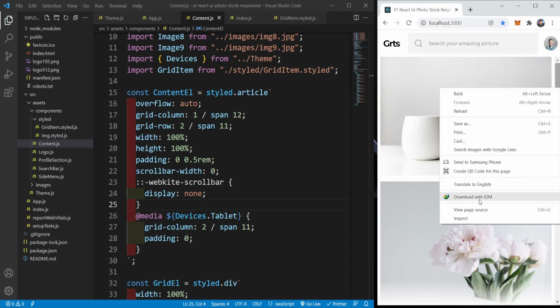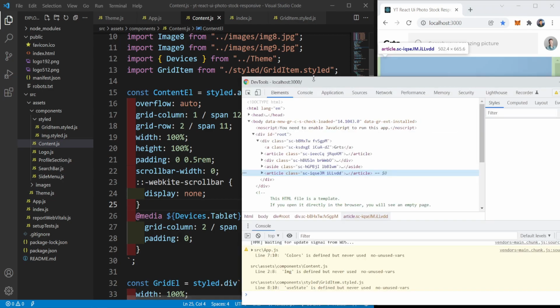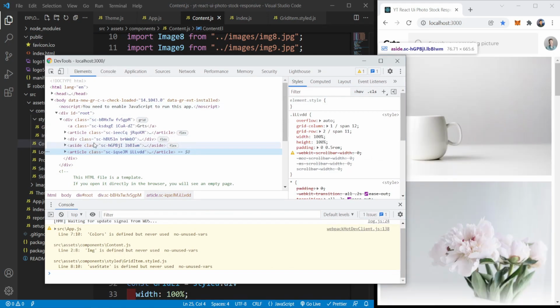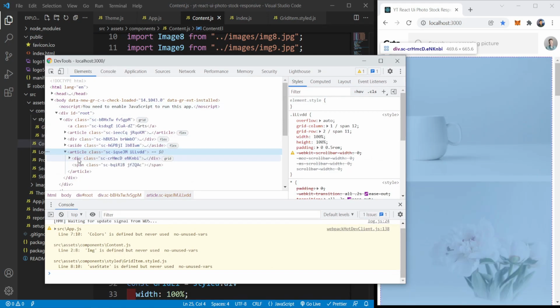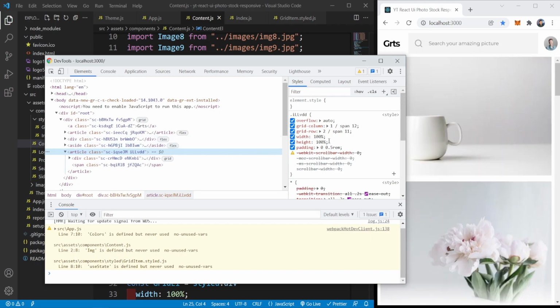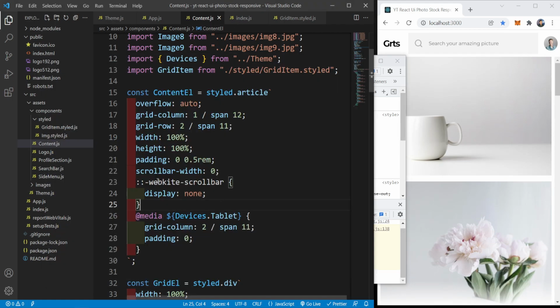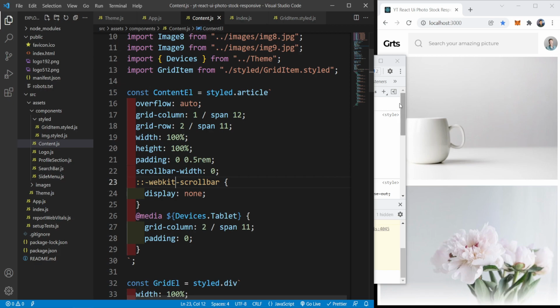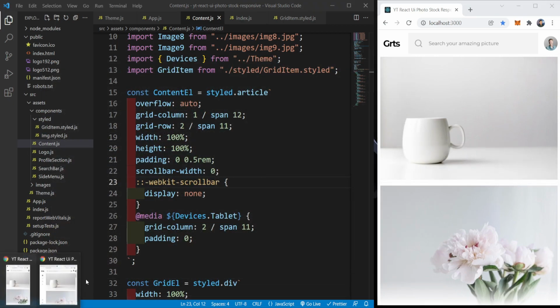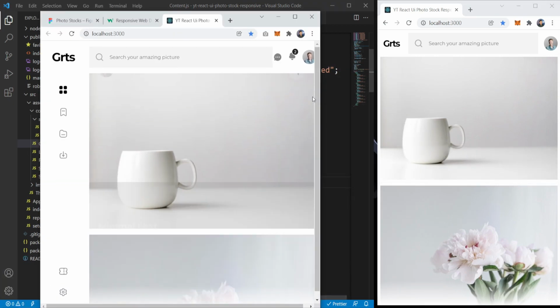That's weird. So what is it for? Let's see. It's for this article, which is the content, actually. There is something wrong with this. Yeah, it's WebKit, not WebKite. That's a problem. And now if we come over here, refresh the page,